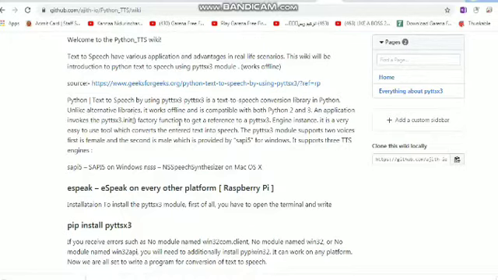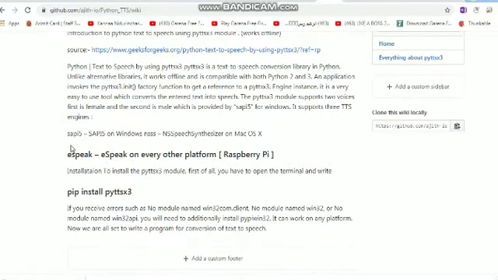Unlike alternative libraries, it works offline also, which is a good thing. There are 3 main engines available: SAPI5 for Windows, and eSpeak for other platforms. I use eSpeak more because we will be doing projects on Raspberry Pi. So eSpeak is one good thing for us.